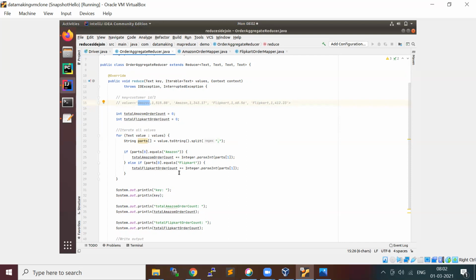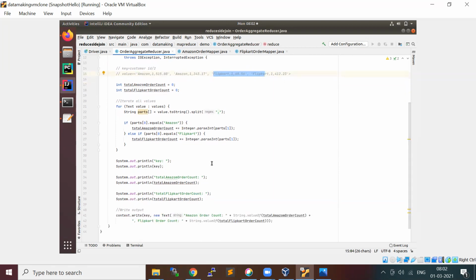If Flipkart, you just add that counter with 1. So for each value I keep adding. For customer 2, in Amazon 2 sales happened, and in Flipkart 2 sales happened. That's what you are going to get once you run this loop.